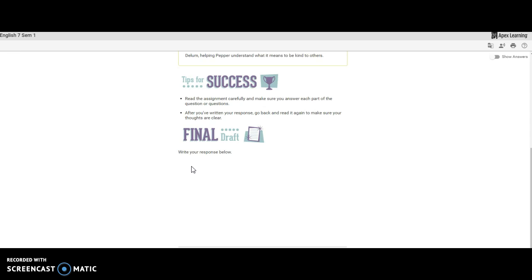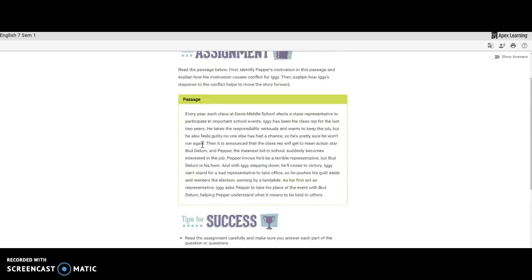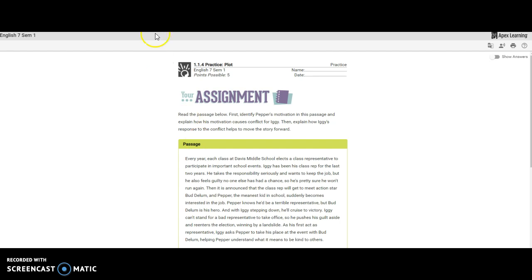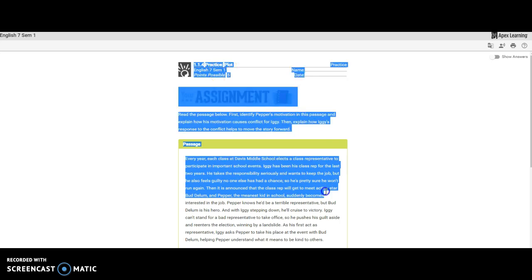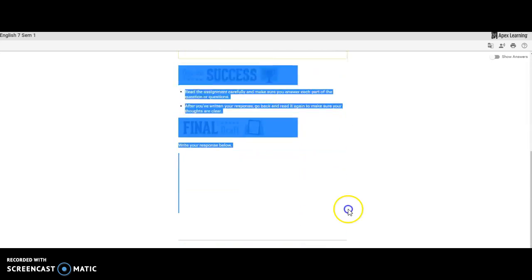So this is something that you can print out if you wish and write with paper pencil down at the bottom your answer, or what I would recommend is copying all of this. So highlighting all of this document,